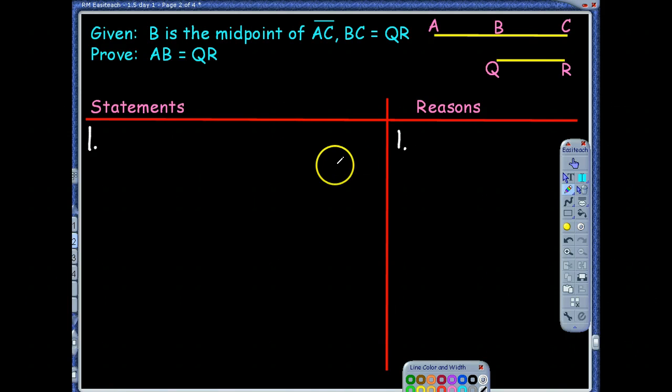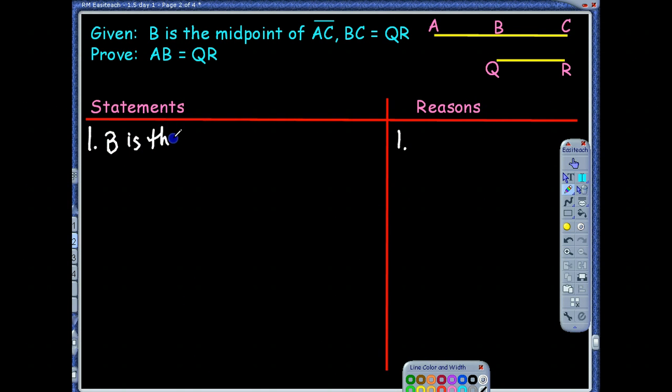Now, you're going to see this different ways. Sometimes you'll see in the book, they'll separate the given out. They'll write the first part, B is the midpoint of segment AC, in one step, and then BC equals QR in another step when they use it. I personally, and I know Mrs. Hoke-Raby does this too, like to write all the given in one step so that I don't forget about it. Exactly. So I'm going to go ahead and write it down,